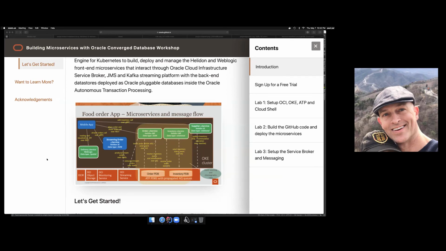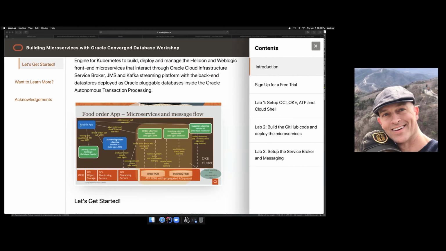And it focuses on the data aspects of microservices, which pretty much everyone will agree is probably the most difficult aspect as far as moving to microservices. And I saw some great chat questions coming in as far as data integrity and things like that. And that's exactly right, that really gets to the heart of it. So I'm going to show a bunch of things that facilitate it. And then we're going to talk about some of those data integrity aspects. Of course, we don't have so much time to get into it, but we're going to touch on that, and then we can delve into it deeper afterwards.